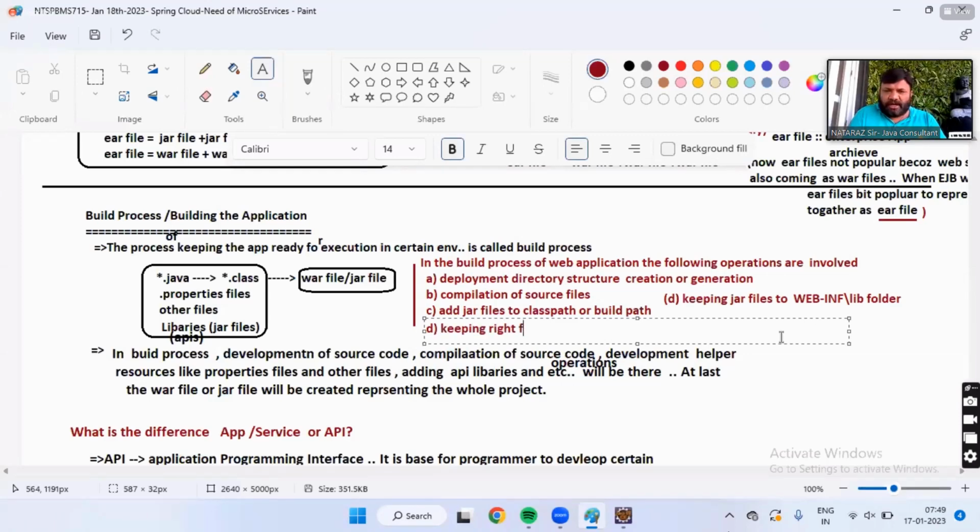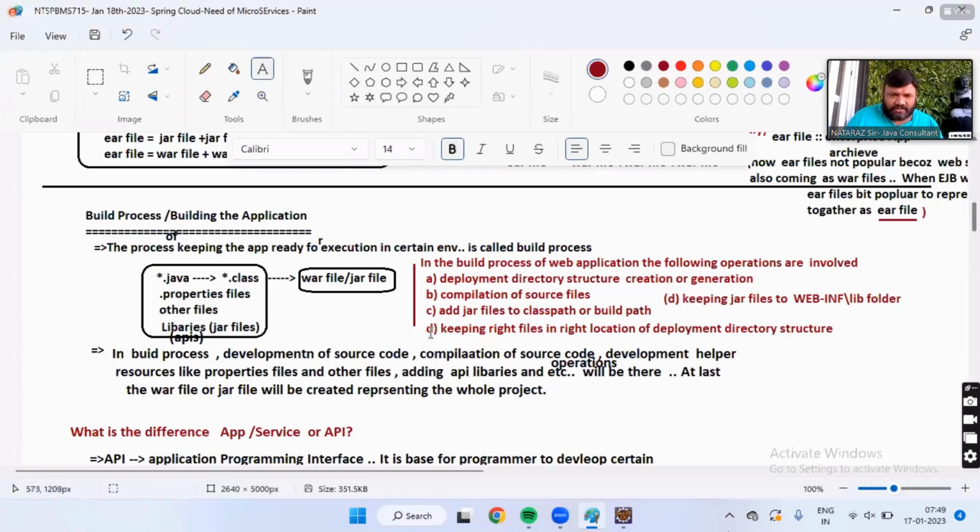Keeping right files in the right location of the deployment directory structure. Yes or no, boss? Packing everything to WAR jar.